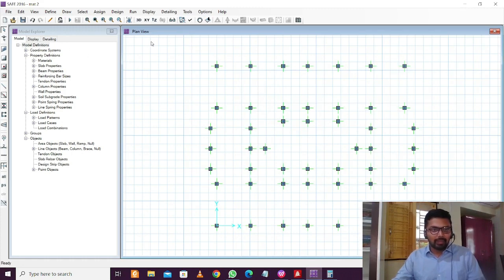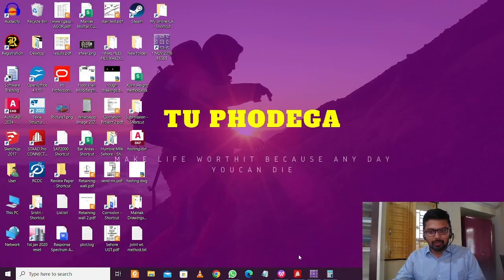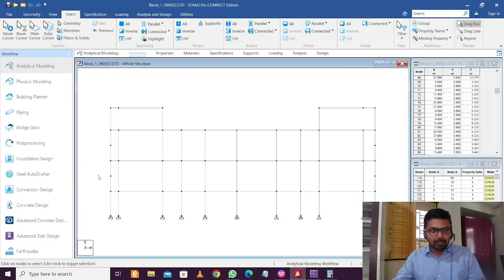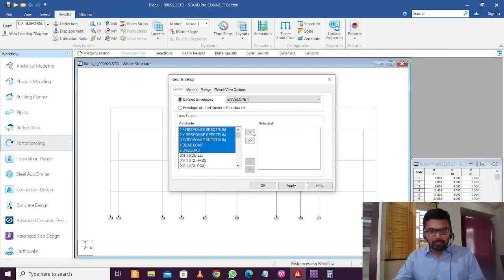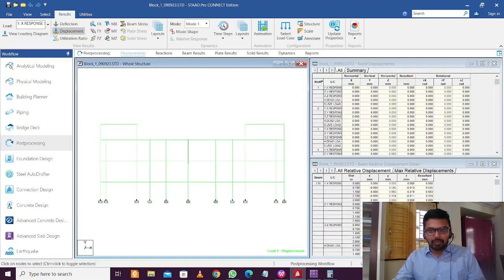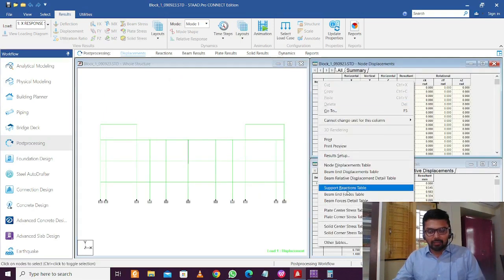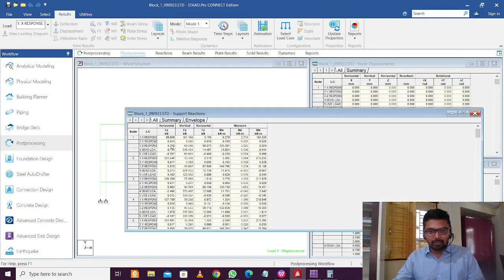Okay, so I've defined the columns here. Now it seems that we can go to the loading part, right? Before going to the loading part, I want to do some steps in Staad Pro. So let's open Staad Pro. Here we'll go to post processing, and first of all select the loads which we want. Here in the post processing, we want all the primary loads, click on apply and click on OK. Then in this table, right click and click on support reaction table. The support reaction table will open up, and then just click on this